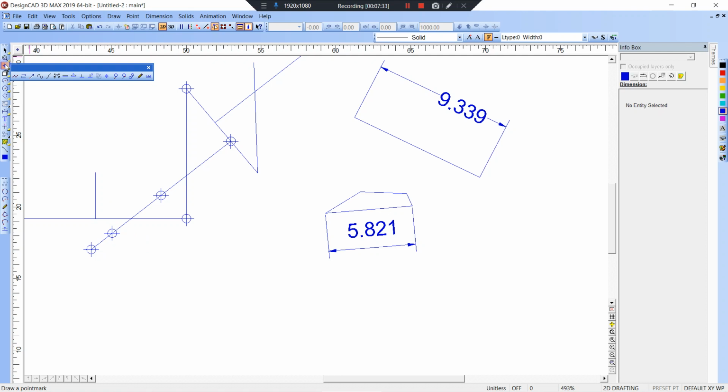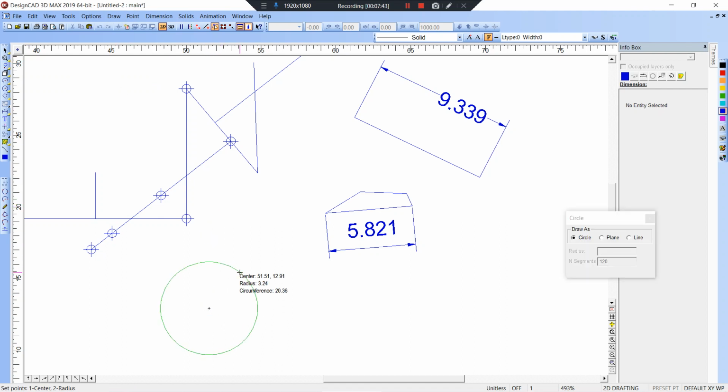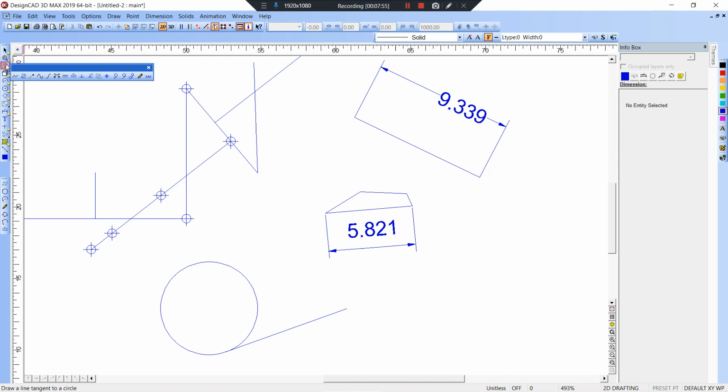We have, so this is to a circle, right? So it won't work because there's no circles, but O gives you a circle. And if we hit this one here, anywhere from here, it'll draw a tangent line to that circle. The opposite, the next one, is from a circle. So we can go from there, it'll create,